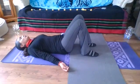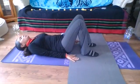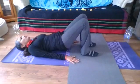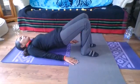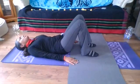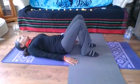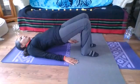And if you're lying in Shavasana, I'm going to ask you to bend your legs, placing your feet flat on the floor, hip width, palms facing down. And then we're going to do a few bridges where you're pressing your feet into the mat, inhaling up, and then gently exhaling back down, vertebra by vertebra. Inhaling up,